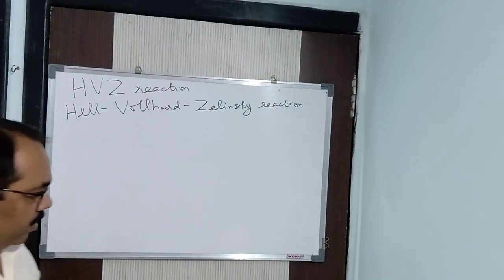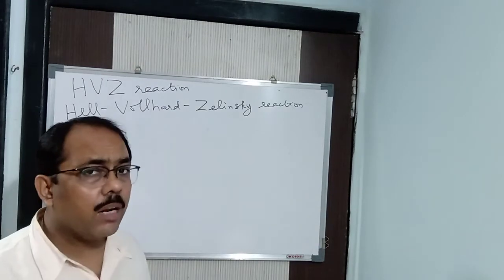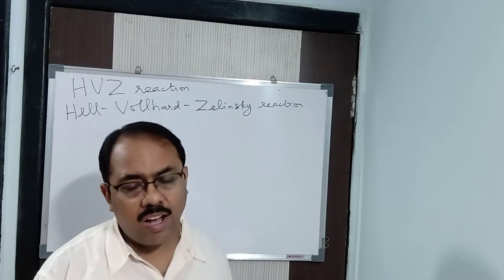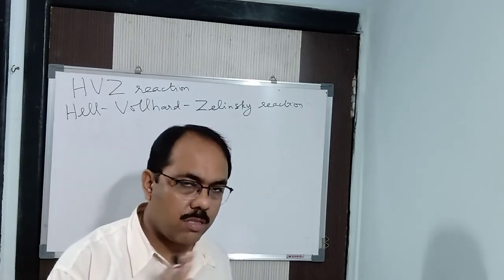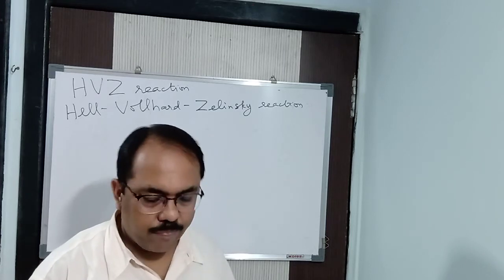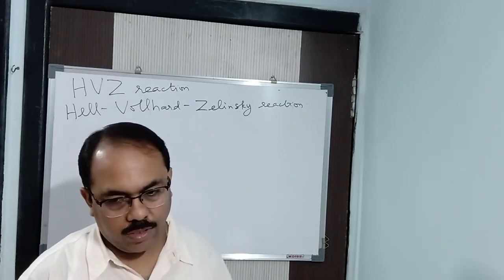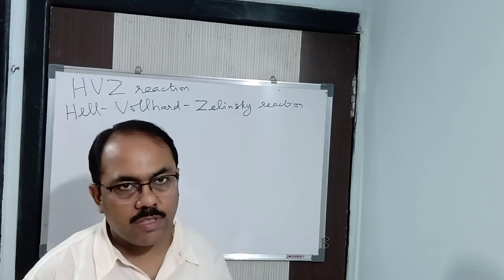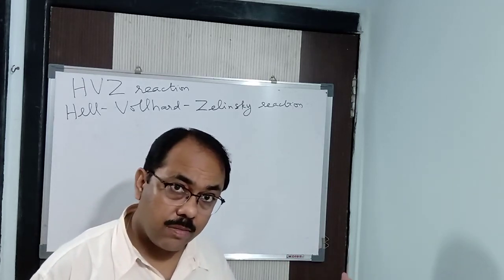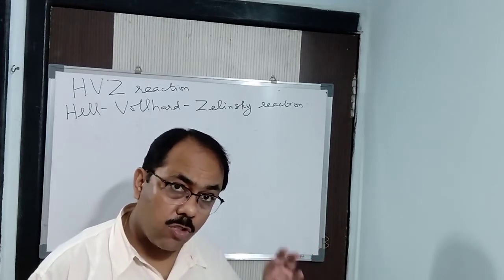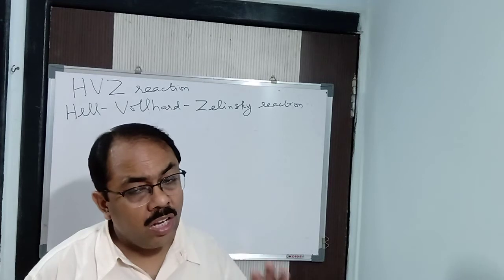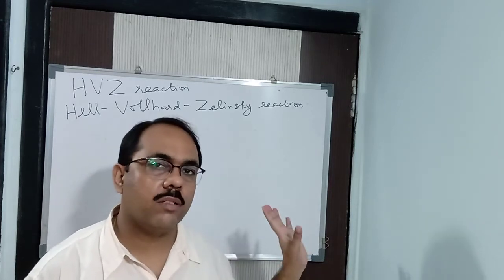What I said, there should be an alpha carbon atom. So alpha carbon means there should also be an alpha hydrogen atom. So each alpha hydrogen atom will be replaced by halogens. Now listen here. If you are taking chlorine, then not only alpha hydrogen atom is replaced, but beyond alpha, suppose beta is there, gamma is there, that hydrogen atom will also be replaced. But if you take bromine, then only alpha hydrogen atom will be replaced.